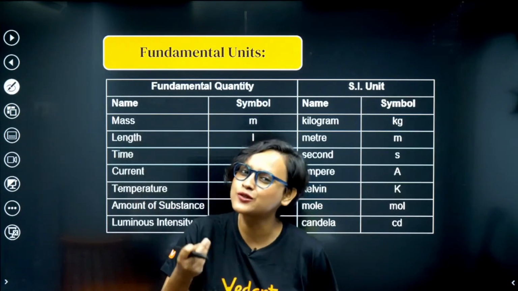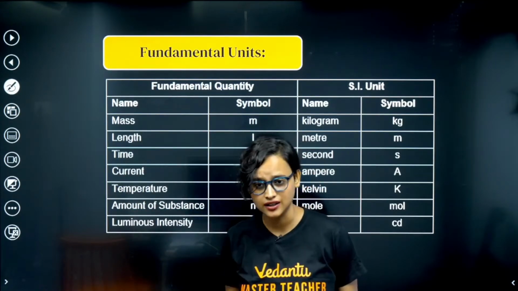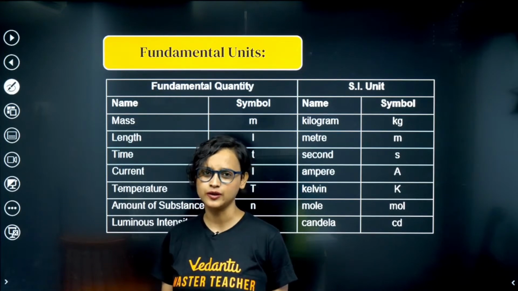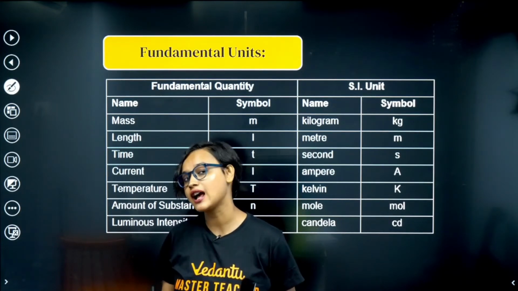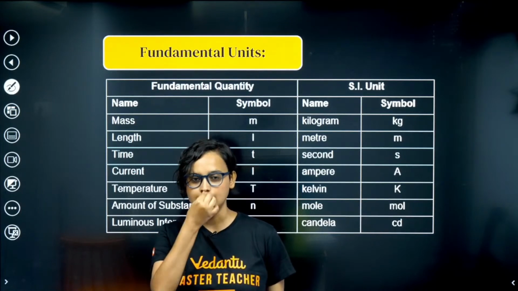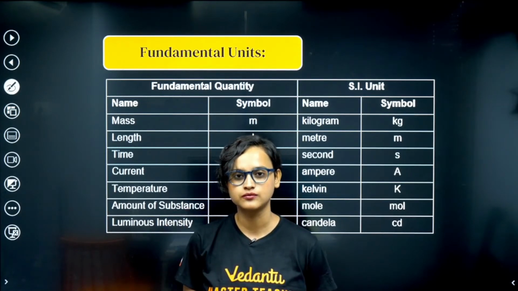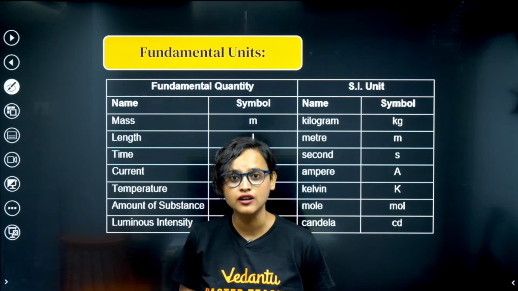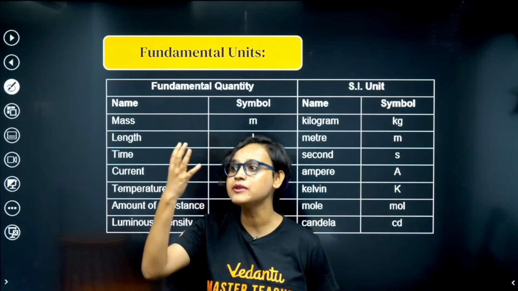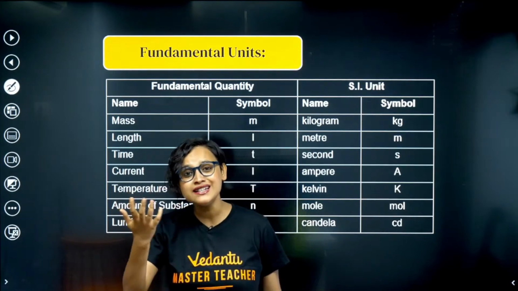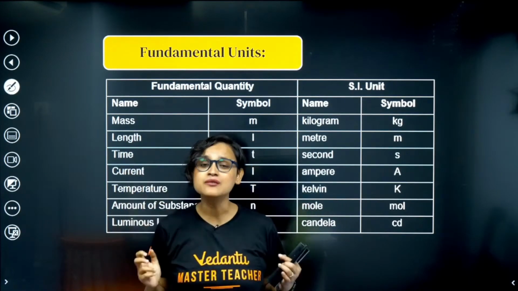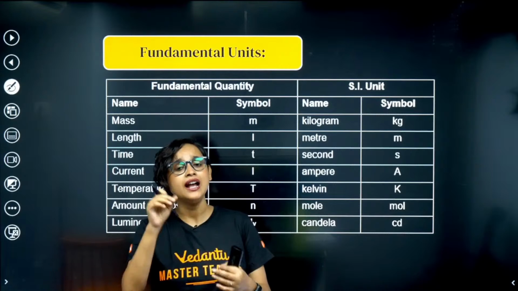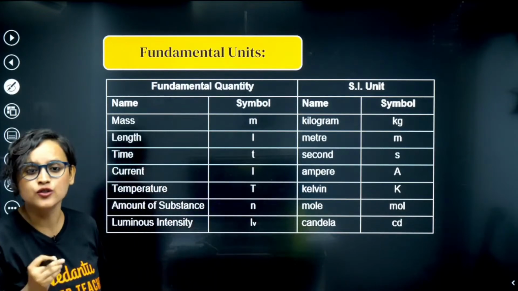Since there are so many properties, so many kinds of matter, we also have to measure them, right? Don't we, my dear students? How would the world run, imagine, if we did not have anything to measure? Let's just say that I go to the shop and tell them, potatoes. How much potatoes? Who knows? How many people do I have to feed? Maybe 5 kgs, maybe half a kg, maybe 10 kgs. Without these units, without these measurements, don't you think that the world would have been really tough? Exactly.